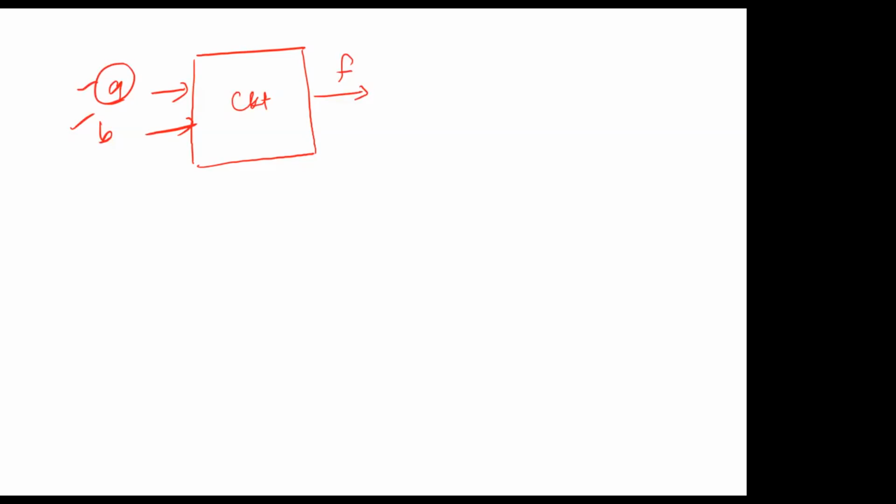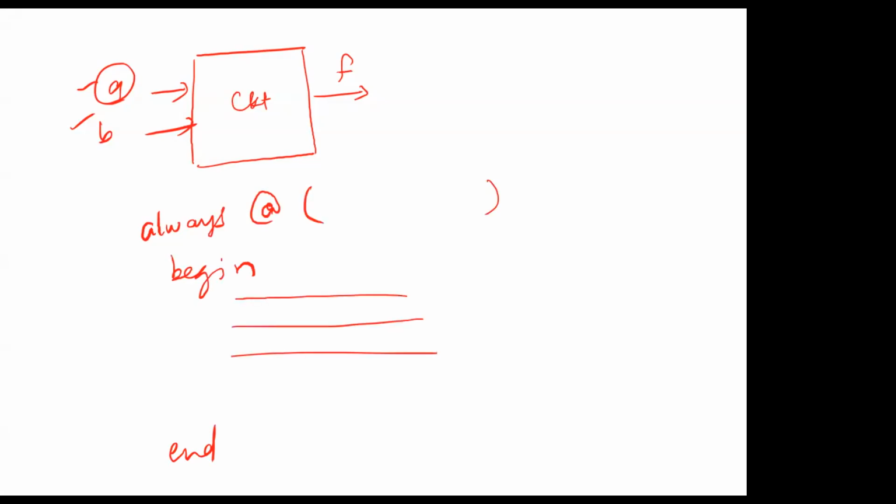So the general syntax of an always block would be something like this: always at, you'll have parentheses and then a begin and an end, right? And this generally happens inside the module that you're trying to build. And whatever lines of code that you write inside this, for example, if you have these, I mean, not that you'll be writing with 1, 2, 3 and all, but I'm just writing them as an index for the lines inside them, right?